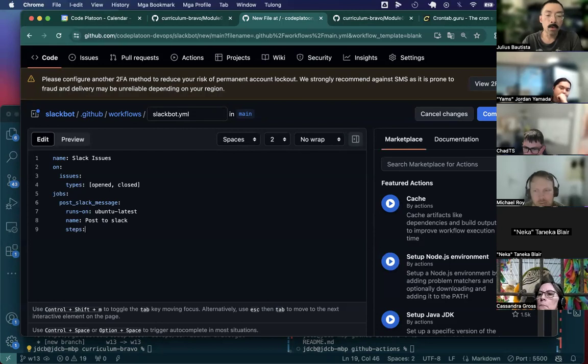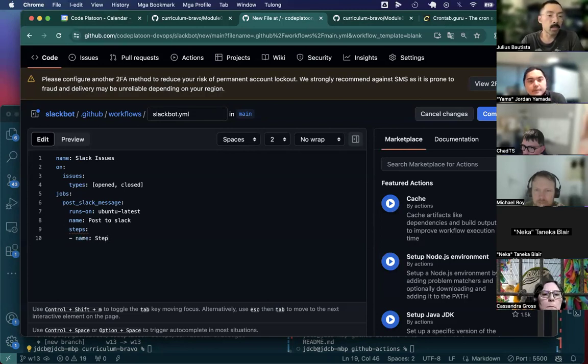But as you make more complex and complicated workflows, it would be good practice to set things like names and IDs. Here we could set some steps, and let's pretend we're going to have more than one step. We'll just call this step 1. We could say uses. This is where we will specify the action that we want to utilize. In our case, since we want to